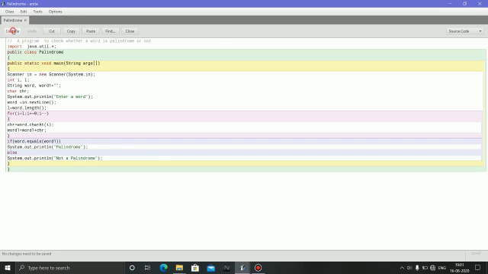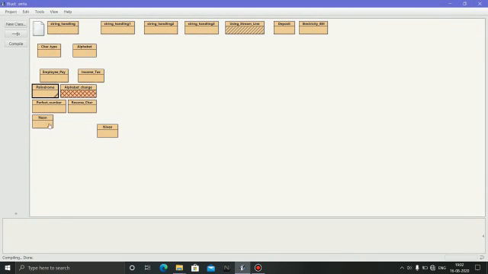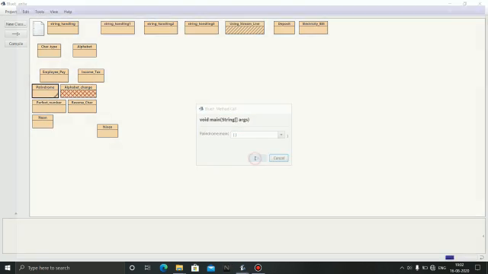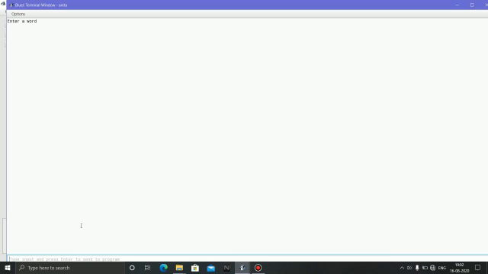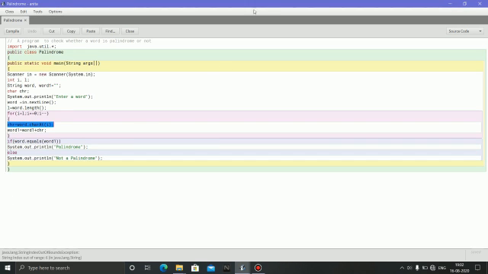Class, save, no syntax error, no changes need to be saved. Then compile, no syntax error here. Now enter a word. Suppose I have entered madam, M-A-D-A-M. And it will show the